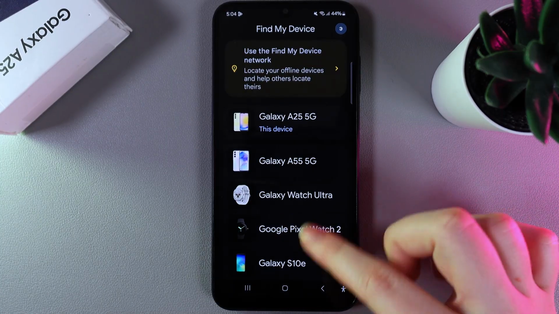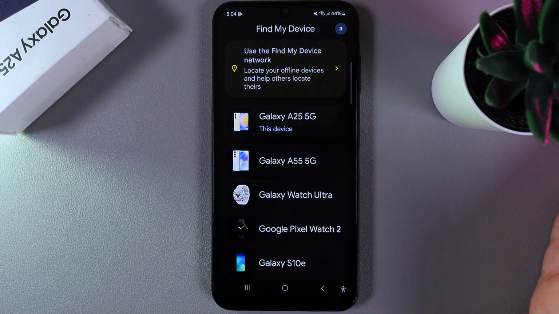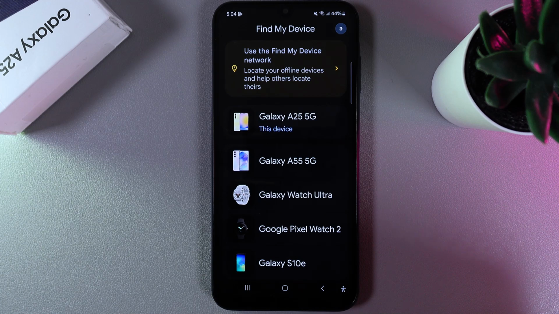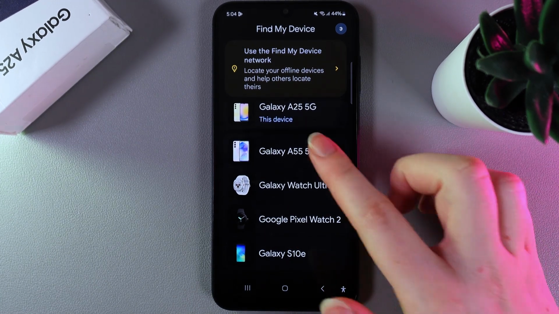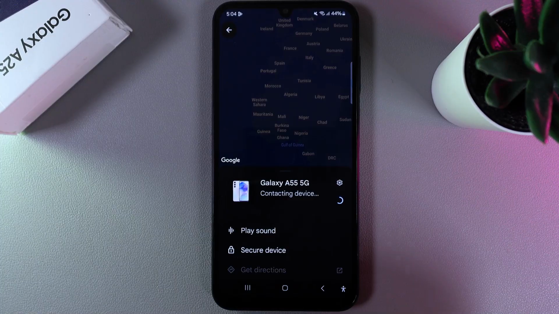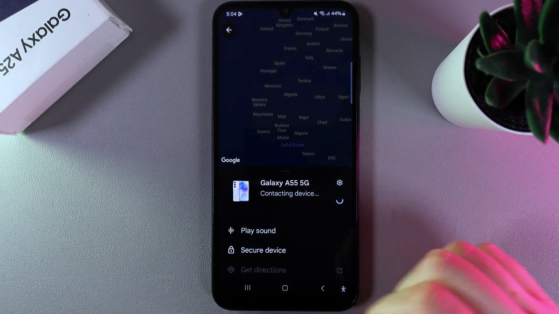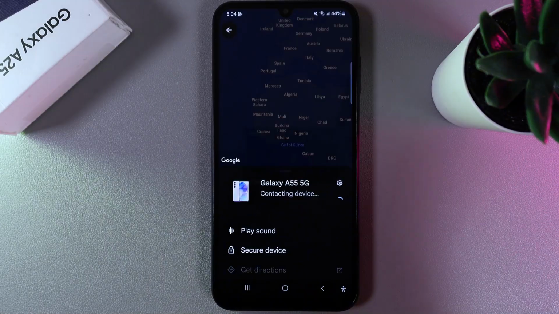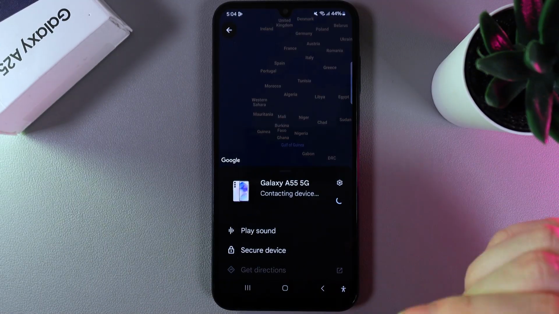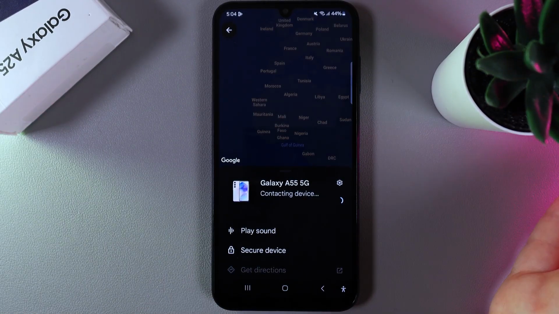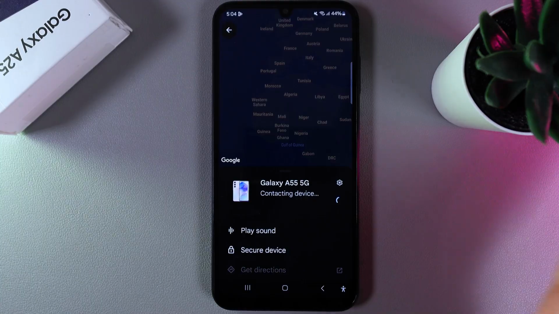Here you'd be able to see full list of all devices that are connected to this Google account. And as you can see here, for example, let's choose any random device. You'd be able to see its location on the map, and also you can play sound, which means that if you will click on this button, this device will play a loud sound